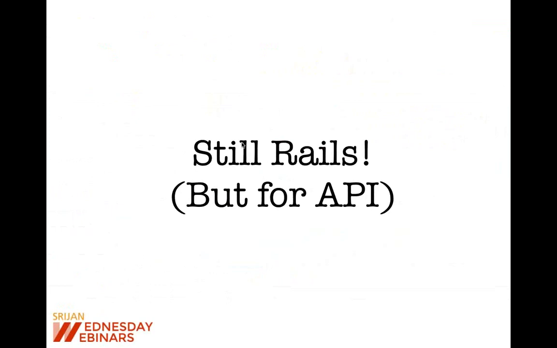Obviously, though it is a slimmed down version of Rails, it is still Rails, because Rails also has a lot of parts like security. Those features will be present in this app too. There will be a lot of parts related to caching. That part will also be present in this app. So it is still Rails, a slimmed down version of Rails specifically for API.